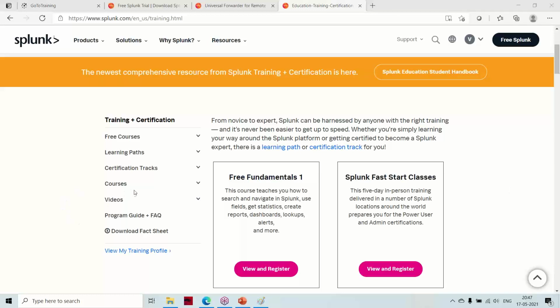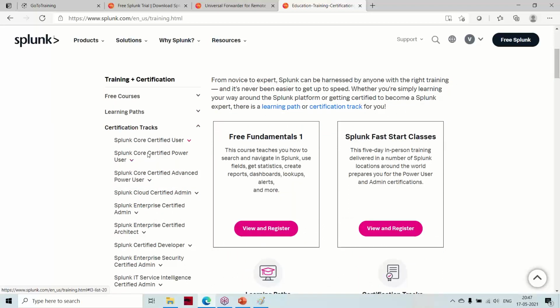Okay. So today we will be seeing an overview of what it contains. Tomorrow we will be having some lab or installation part. If you take certification tracks, these are the multiple certifications that Splunk offers. Core certified user can be done by anyone. Power user, these two come under basic. Core certified user and power user can be done by a developer, ops team, tester, anyone, a security guy also. This is the basic entry level.